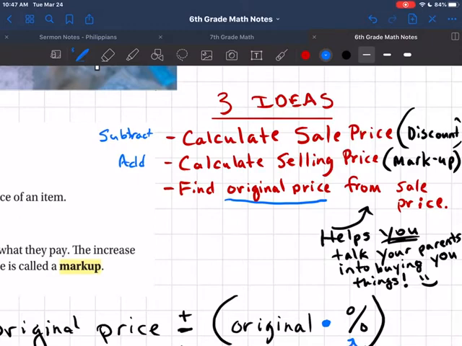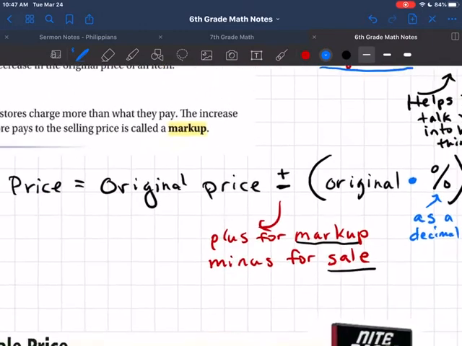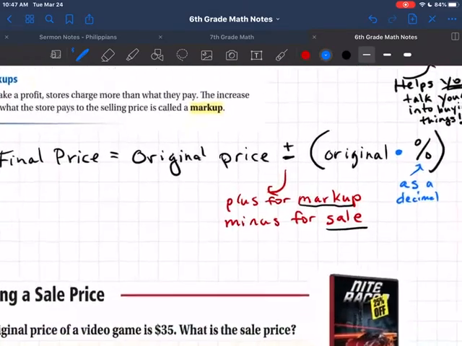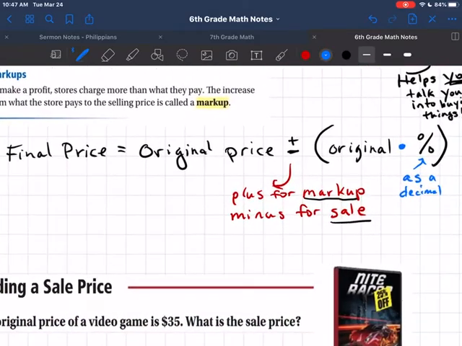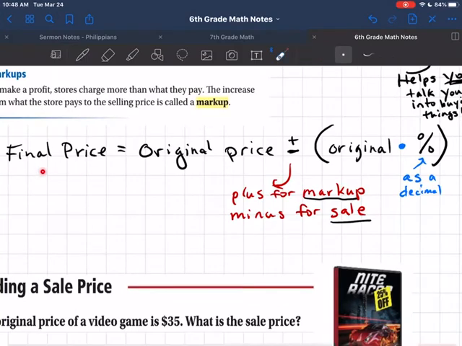So we're going to learn how to do that today. Okay, so here is the equation that I use. And basically it's this simple. The final price, whether it is the sell price or the selling price, so whether it's your discount or your